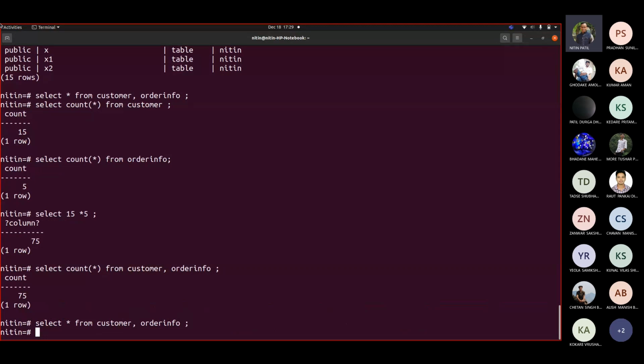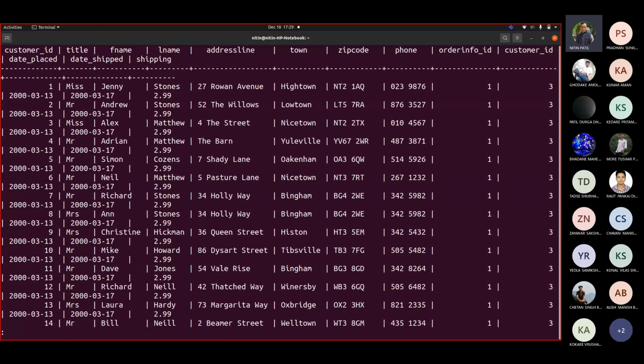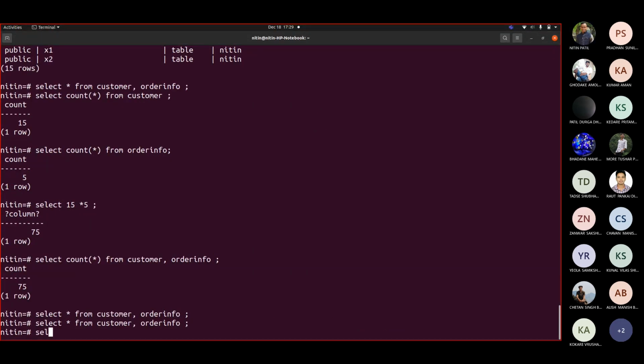Now you must have seen that the order I used was customer comma order info, and one may say it looks like this because I wrote customer as the first column. Okay, let me try the other way around. Select star from order info comma customer. Now what should happen, considering the earlier output?